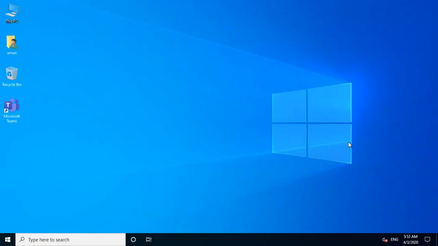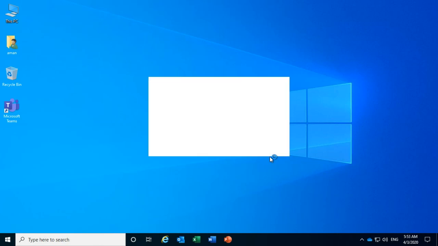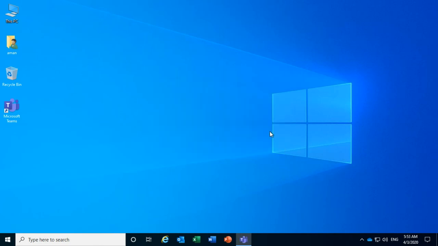As I just launched, within fractions of seconds my desktop is up and ready, and it's just like your native Windows 10, how it looks on your native devices. And as I said, the minute we log in, the user profile details, which are cached into the user profile, immediately start adding into my profile, and the applications will start launching.